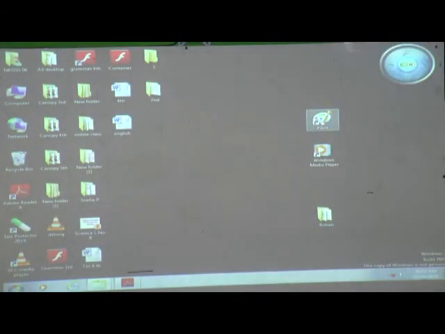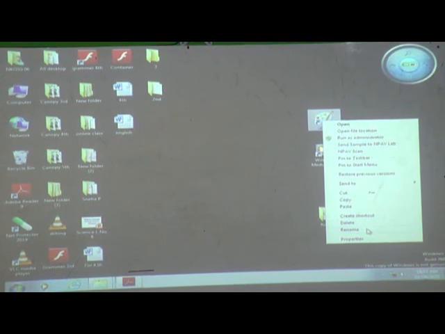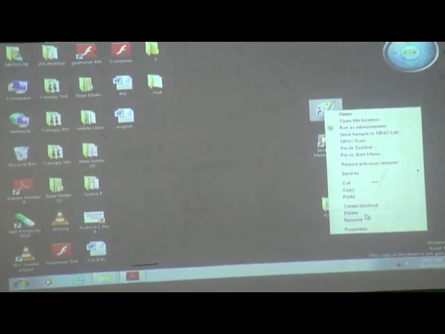It is one file and we want to delete this file. How to delete? Click the which button? Right button only. Then you can see this type of option will open. Do we want to open it? No. Do we want a copy of this file? No. Do we want to cut this file? No. If we cut here, then we must paste somewhere. But we want to delete here. We want to delete it permanently. We don't want this file. If you want to rename this file, no. If you want to only delete this file, then click on delete.